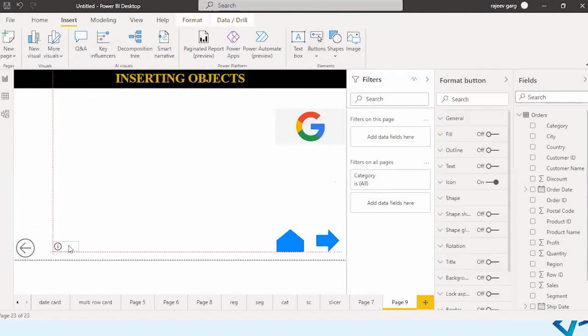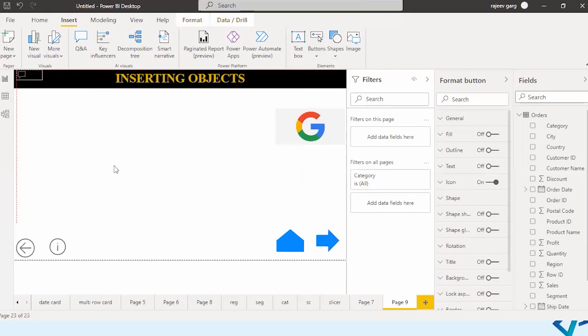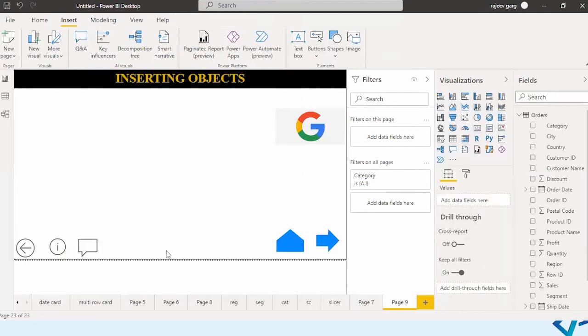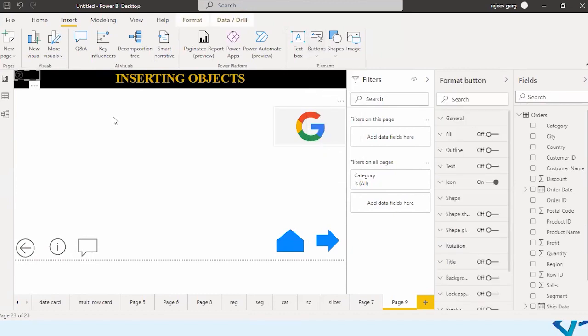I'm just randomly putting some buttons to give you an idea. Let's take a button. We have a Q&A button. Let's take a right arrow button or question mark. Any button you want, you can take it. Like this.